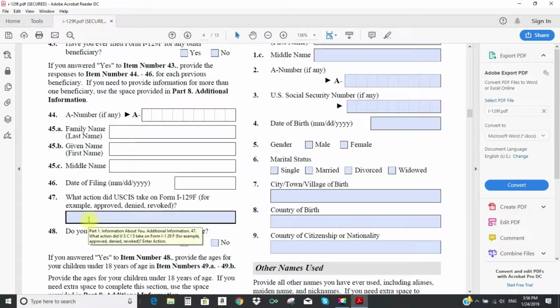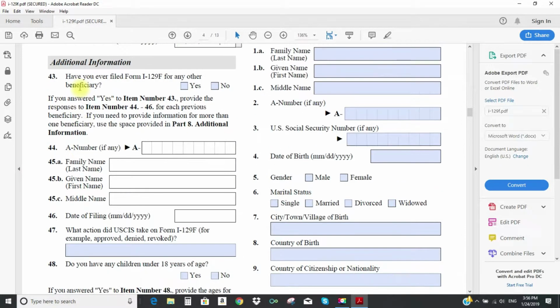But if she or he was approved and came to the United States, and then somehow continued to stay in the United States illegally, that could be a problem, and in that case you need to contact an immigration lawyer to fix it all up. So in this case, let's say there was no other fiancé that you sponsored, so you would say no,